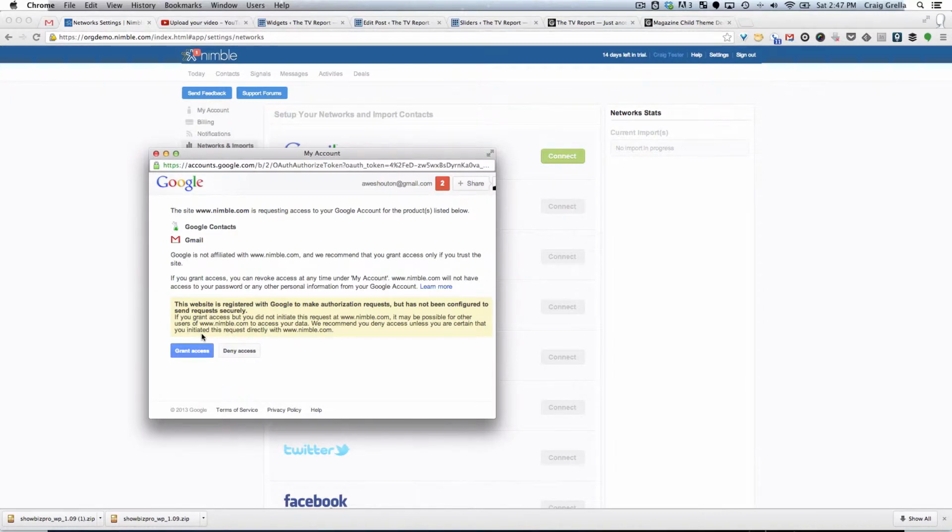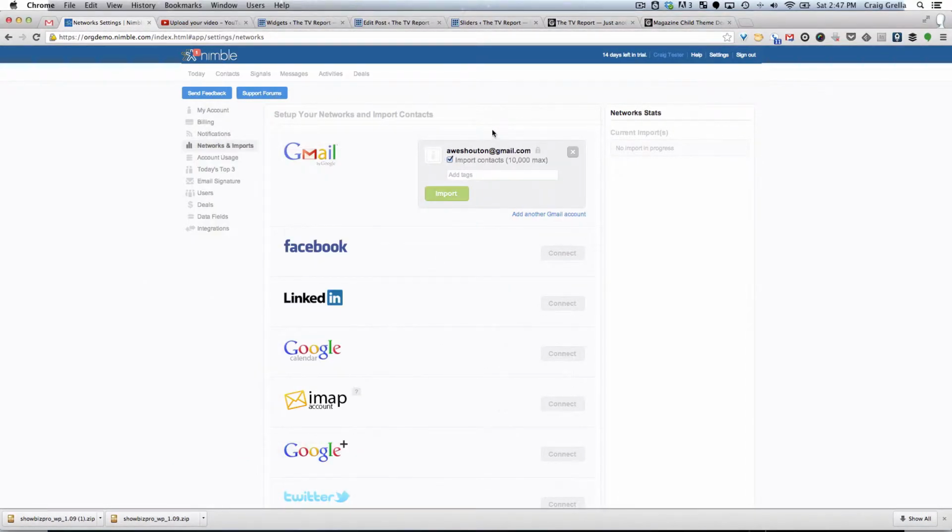This particular one is from Google, and it's saying we are not affiliated with Nimble, but give them access and they will be able to access your account. This is your standard authorization page. And you click Grant Access. Now, by granting access, you are giving Nimble the ability to look inside your account and to pull those emails